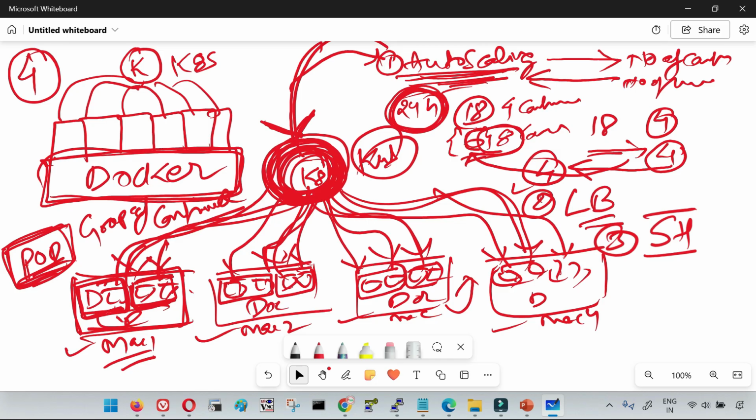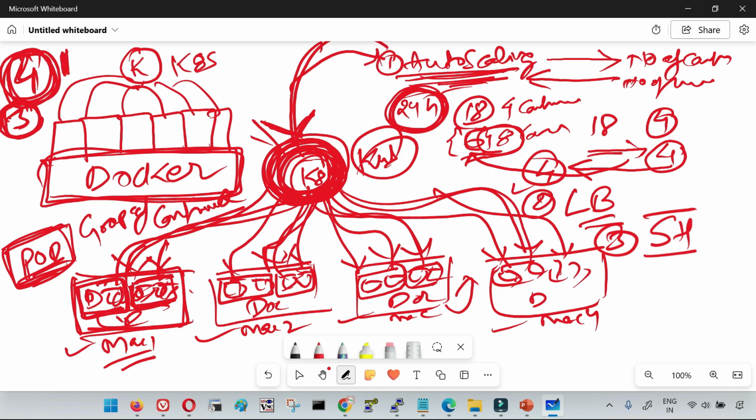in the system, right? Now suppose that at any time one of the containers crashed or is not responding for any reason, you will have only 3 containers and your application may suffer in that case. So your Kubernetes cluster will always check the health of each and every container, and it looks for the minimum number of containers expected, which is 4, but if at any time it sees that the minimum number of containers in the cluster is only 3 because one is not responding, it will automatically spin